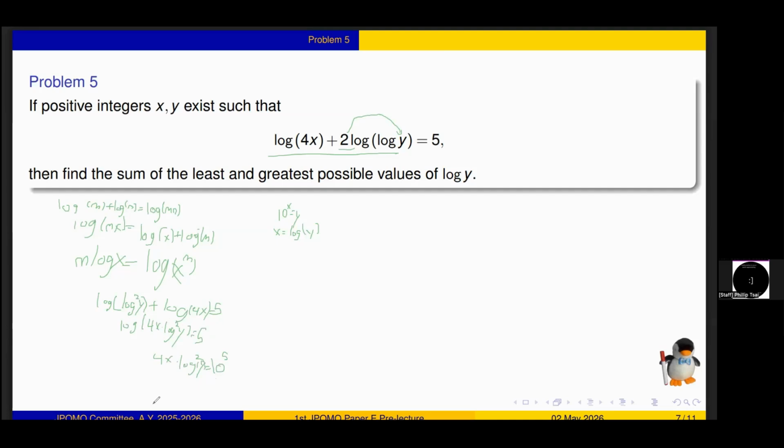Now, you want log y, right? Yeah. I mean, wait, no, actually, it's log of log squared of y. I'm sorry, log of 4x times log squared of y. Because you move this here. You move the power. You move the multiple. Basically, the logarithm terms multiplication outside turns into exponentiation inside. But that was a good attempt. Anyways,